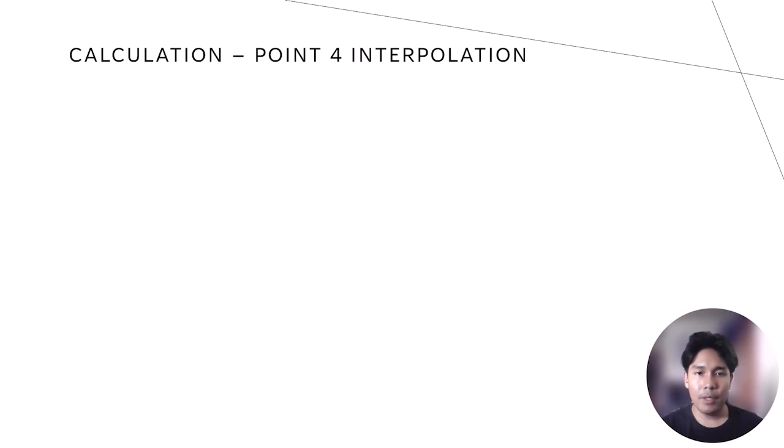So for step 1, the solution is H4 is equal to H1 plus S4 minus S1 divided by S2 minus S1. Then multiply it by H2 minus H1. So with that formula, we will be able to get the values to solve for H4. So here we solve by starting with the H1 value, which is 3,208.0, rather, plus